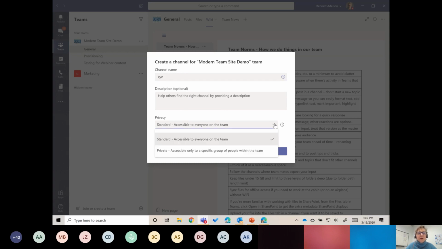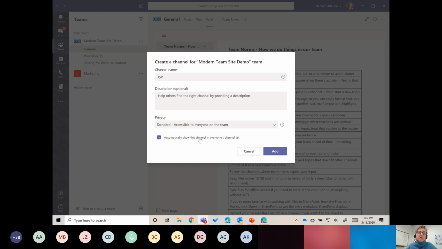You can set the privacy. If you're in a government tenant, you won't have this capability yet. It's actually quite new for everyone, but it is possible to set up private channels, and that really goes beyond the scope of our introduction today. But the owner of a team can also, when he or she creates a channel, click this box to say automatically show this channel to everyone in their channel list.